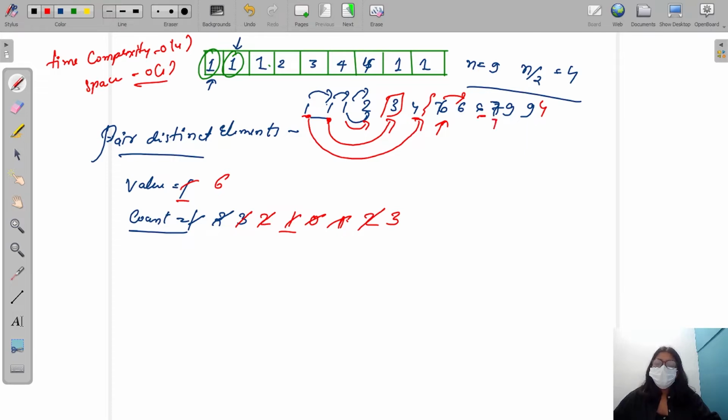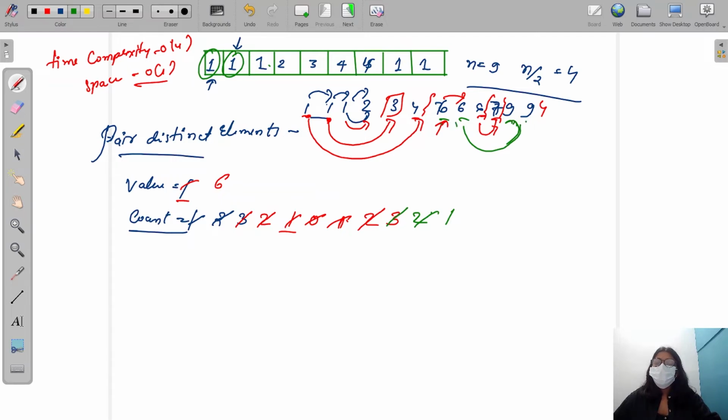Now I'm going to check, is my value equal to my AR of IDX, which is 7? No, it's not. So what I'm going to do, I will pair this 6 with my 7. If I have paired this, my count is decreased, because there are only 2 unpaired 6s remaining. There are 2 6s that remain unpaired. Now I again increase my index and check my value with this 9. Are these values equal? No, these values are not equal. So pair this 6 with this 9. Decrease its count. All right.